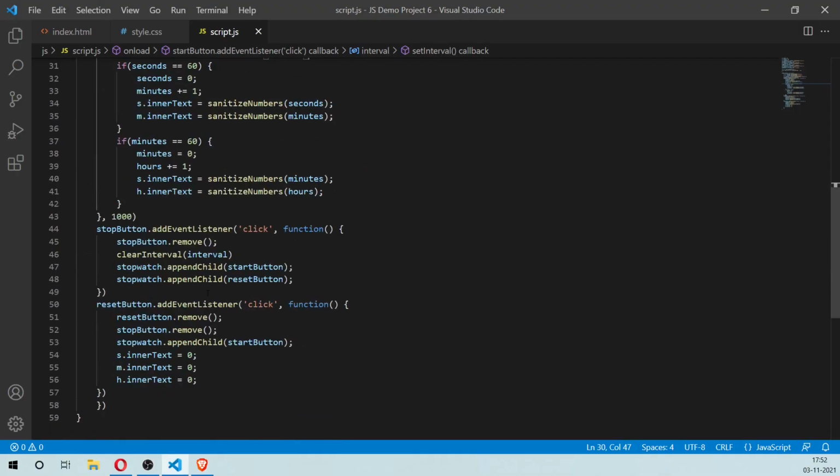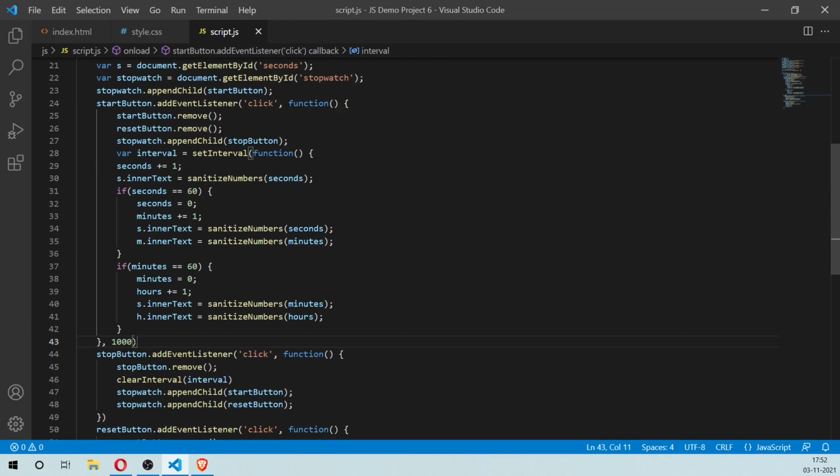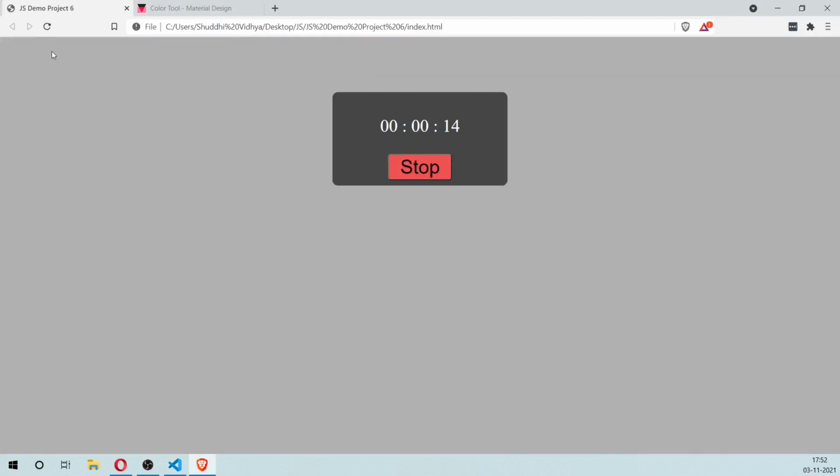Let's actually speed it up this time and see how it works. So now it actually works out. See, it's updating the numbers and showing you a 0 in front of numbers that are less than 10.